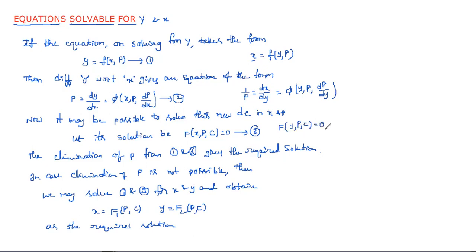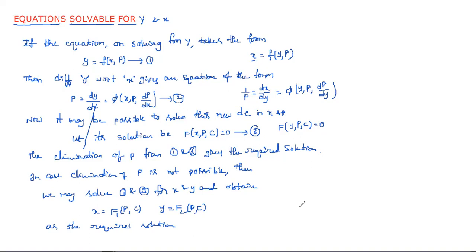Next we need to simplify this by elimination, if possible. If elimination is not possible, then the same procedure that we applied for y, we need to apply for x also. So the procedure for y and x looks like the same pattern. When you are solving problems, if they specifically mention y, we should apply only the y procedure. If they mention x, we apply only x. If they don't mention anything, simply solve. You can apply either y or x, that's up to you.